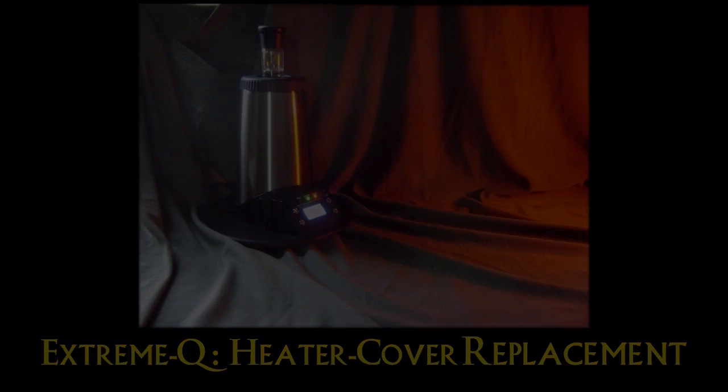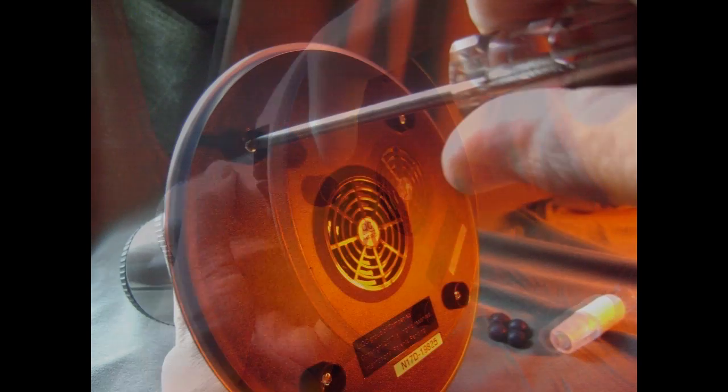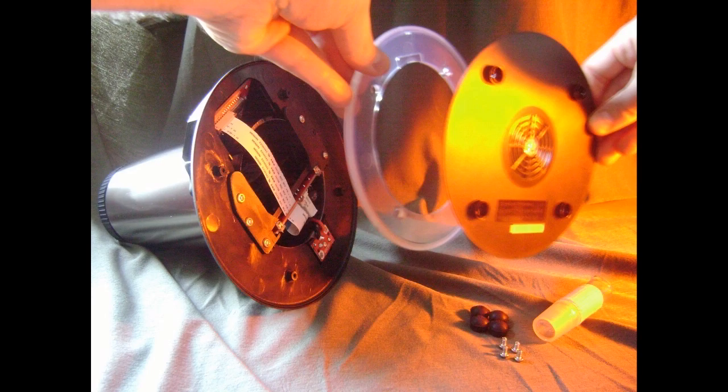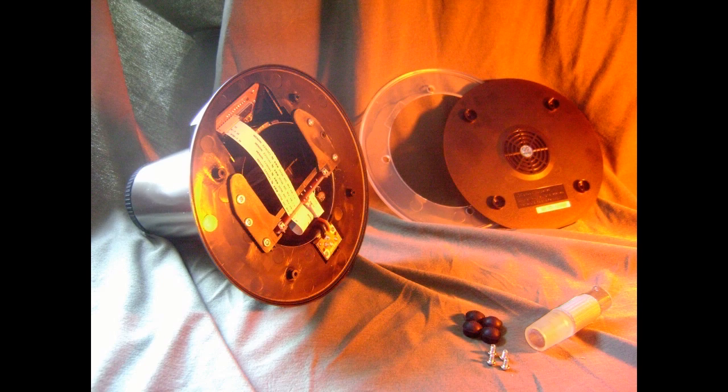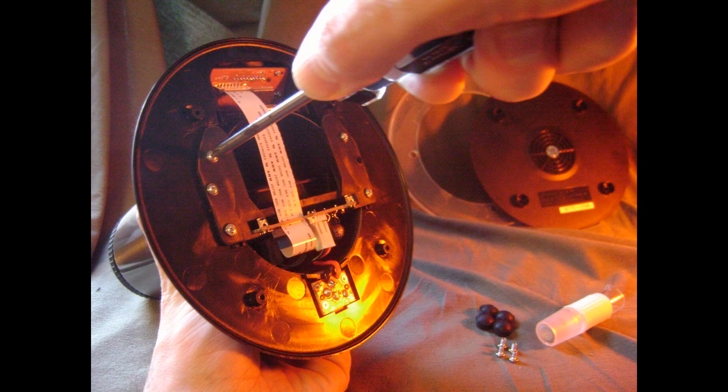in no time. First, you pull off the 4 rubber feet from the bottom of the base. After you unscrew the 4 screws located under each rubber foot, you then remove and pull off the bottom base cover and the clear inner base cover that rests just beneath it. Now, underneath the unit, you'll see 4 or more screws securing the center mold into the base. After you unscrew and remove these 4 screws, unplug the data ribbon cable that connects inside to the front LCD